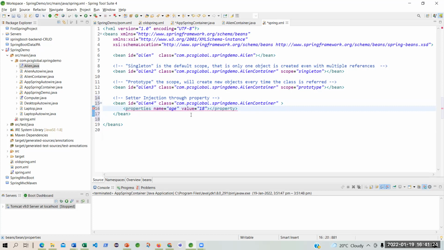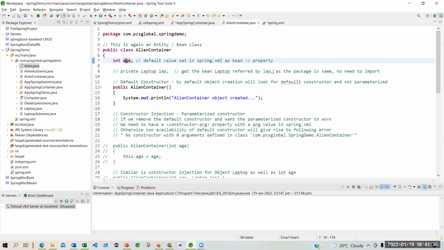That is wrong. You have to know that the names have been given very logically, because an entity bean can have a property, and this is called a property.